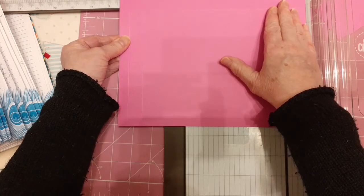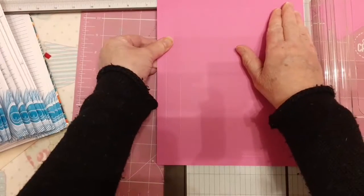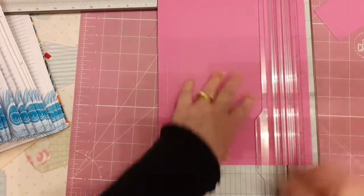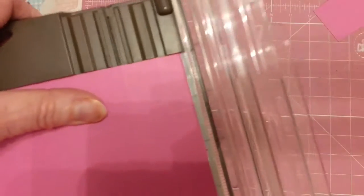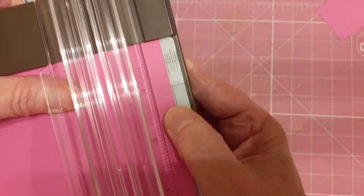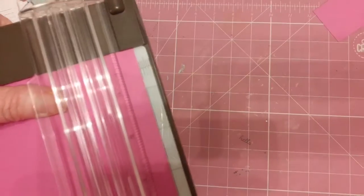1 1/4. And 1 1/4. Now I'm going to show you a little trick. Although I make this, when I'm making a lid, I make it 1/16 bigger on 2 sides, so that it makes the lid that little bit bigger than the base. But also, when I score, instead of going all the way up to the 1 1/4, so you're going exactly at 1 1/4, I pull back slightly, just very slightly, and that will just again give you